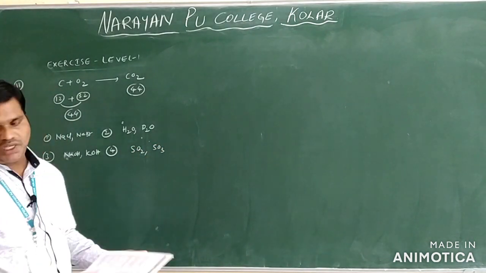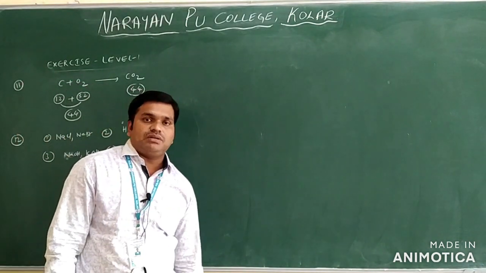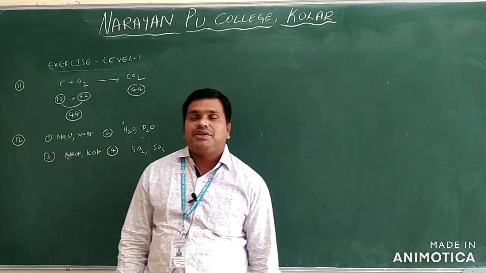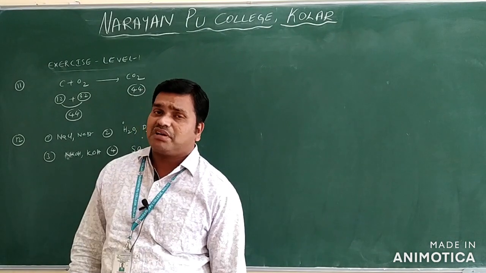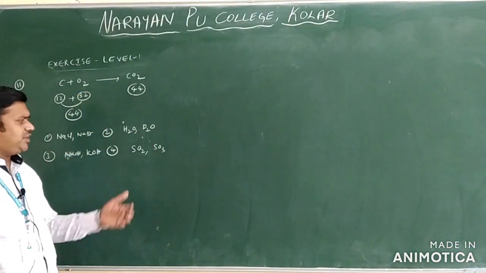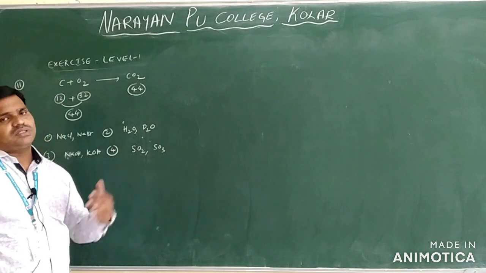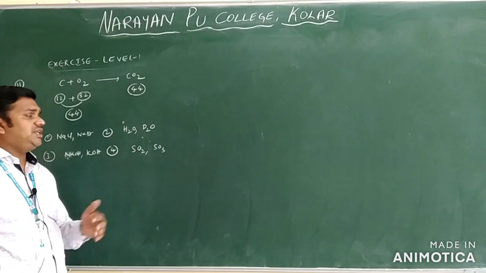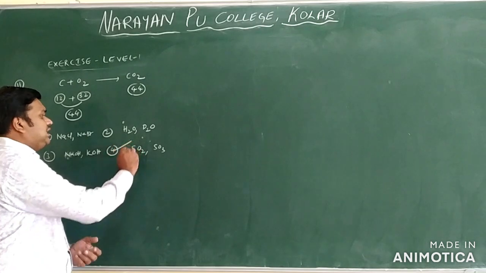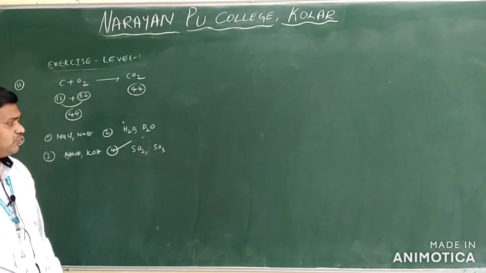They are asking law of multiple proportion. What is the law of multiple proportion? When two elements combine to form more than one compound, the weight of first element combined with fixed weight of other element in simple whole number ratio is called as law of multiple proportion. If we take the fourth option, S plus O2 gives rise to SO2, and S plus O2 also gives SO3. Here, sulfur is fixed, and the oxygen ratio changes. So what answer we will take directly? That is option 4. I already gave this example in law of multiple proportion only.